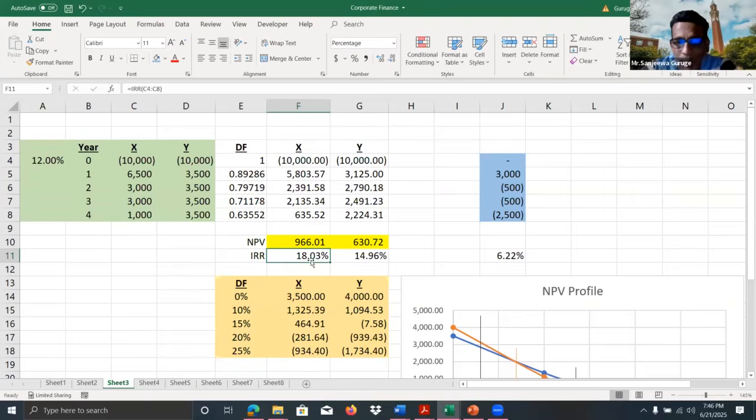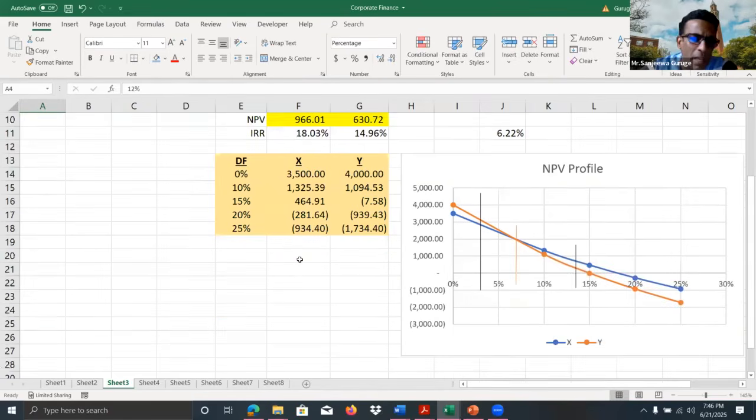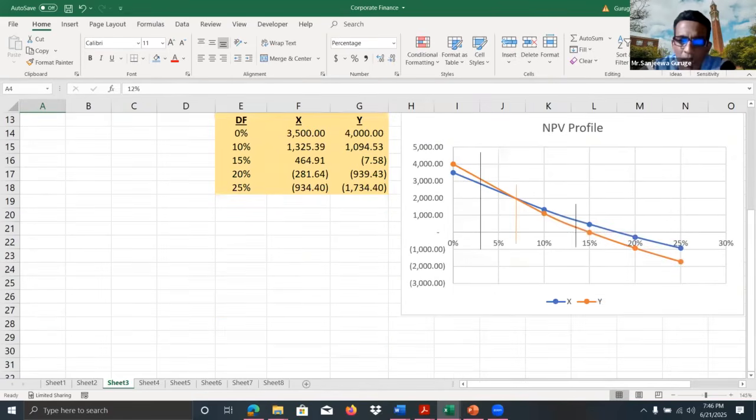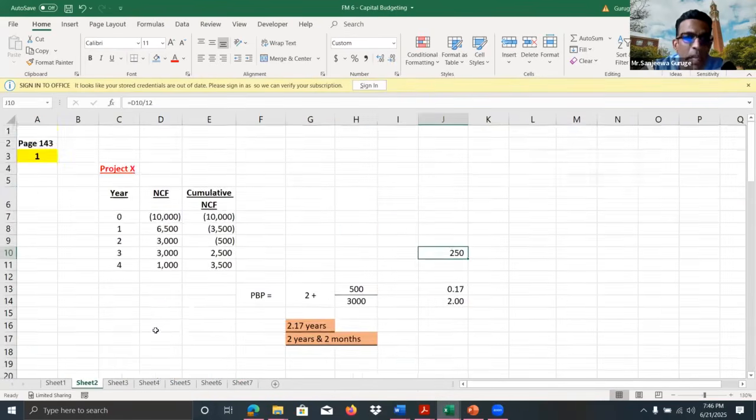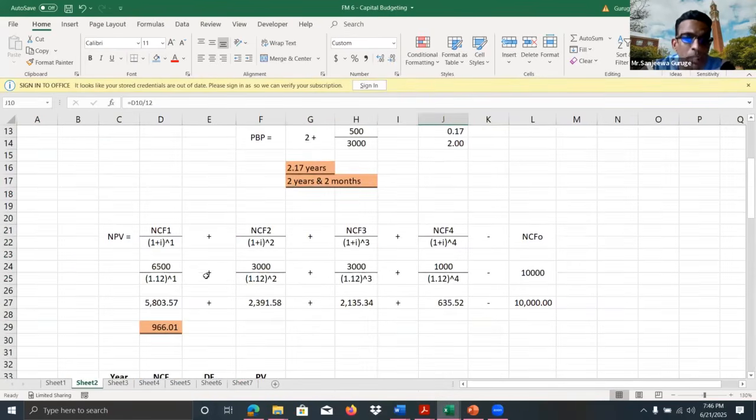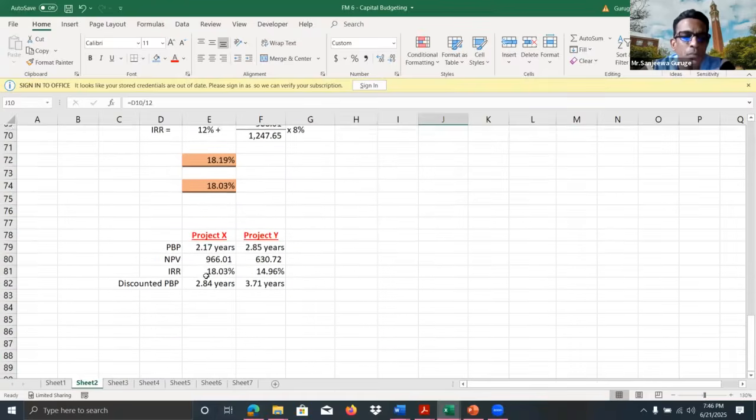If the IRR is significantly greater than the cost of capital, what does that indicate? That indicates it is safe to accept this project. But if the IRR is very close to the cost of capital, that indicates it's very risky to accept that project, right? Now,